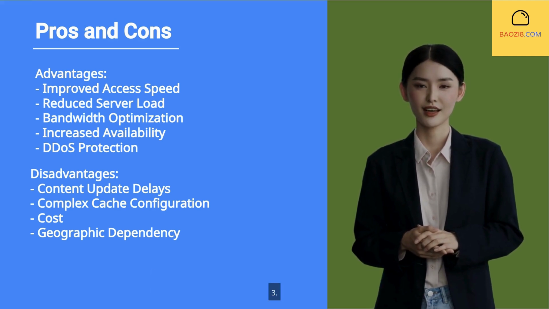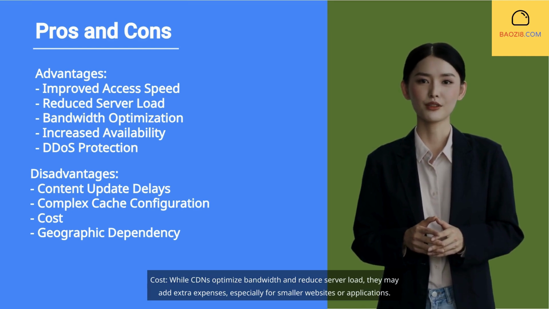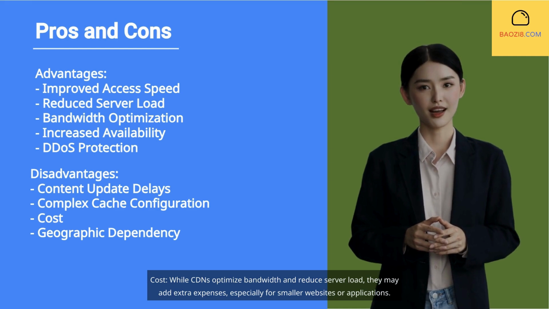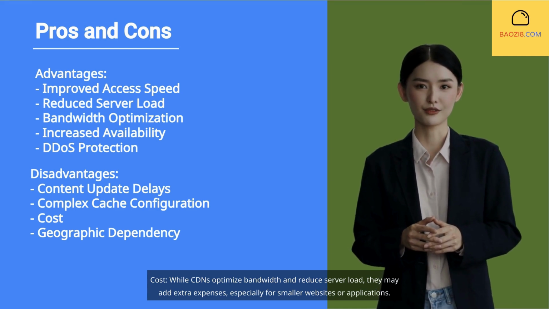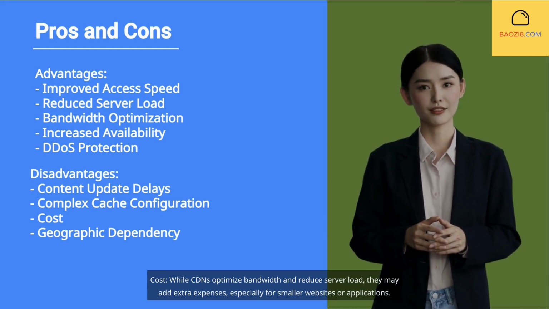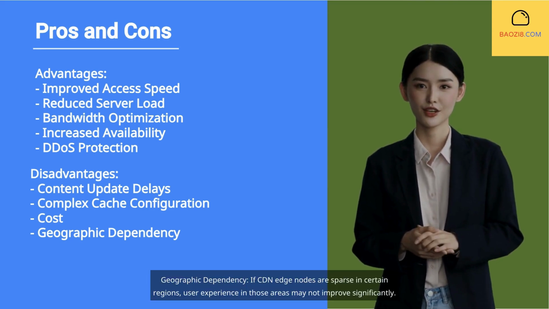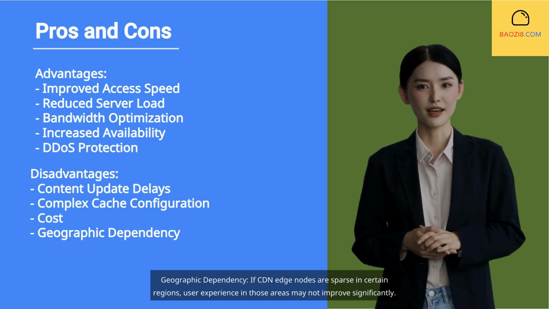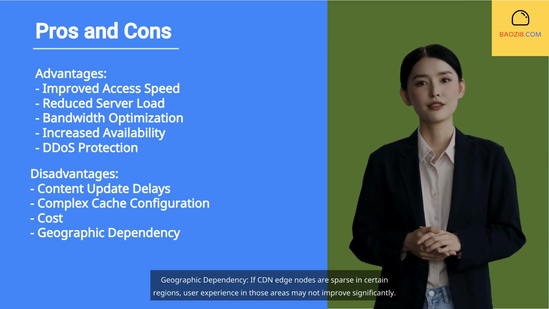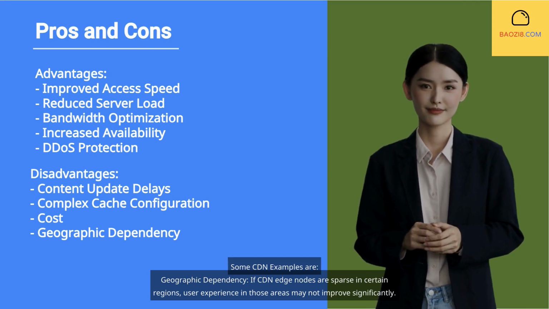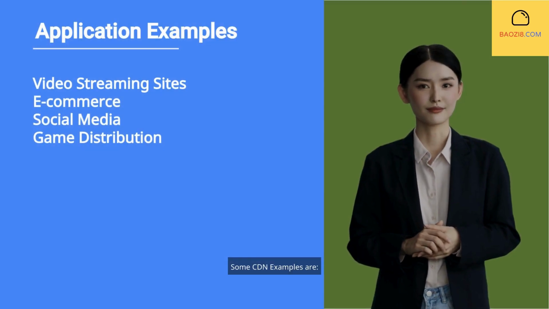3. Cost. While CDNs optimize bandwidth and reduce server load, they may add extra expenses, especially for smaller websites or applications. 4. Geographic dependency. If CDN edge nodes are sparse in certain regions, user experience in those areas may not improve significantly. Some CDN examples are: